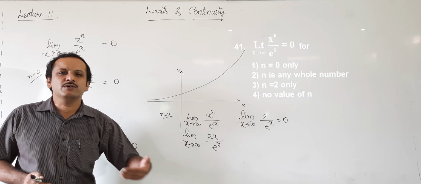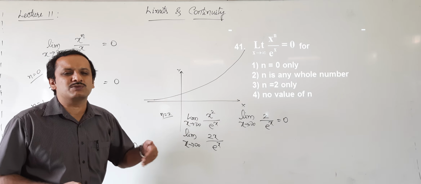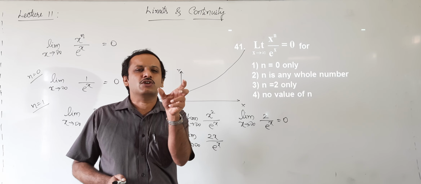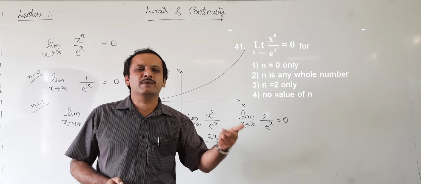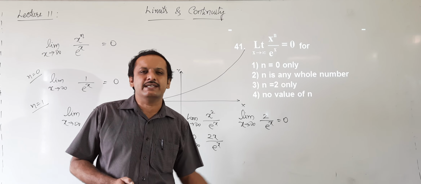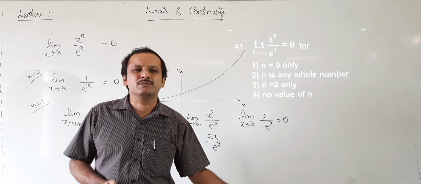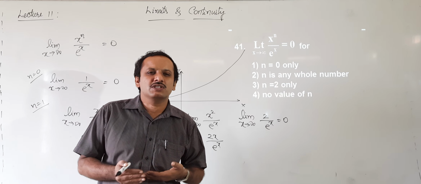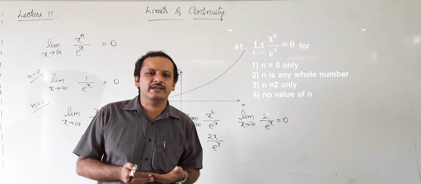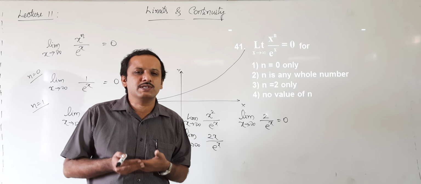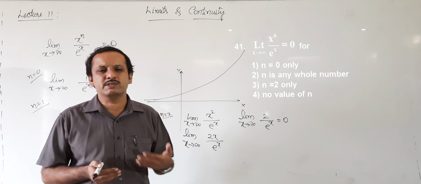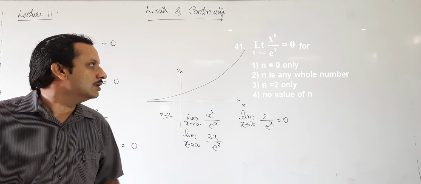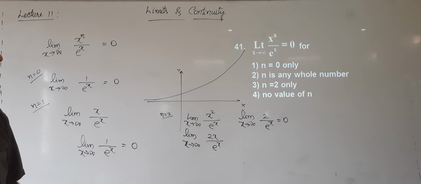And further again, if I differentiate it, I am going to get n into n minus 1 into x to the power n minus 2. You just concentrate on the power of x. Initially it is x power n, then x power n minus 1, x power n minus 2, x power n minus 3, etc. When you differentiate it n times, that numerator becomes a constant and denominator tends to infinity. Therefore, the answer will be equal to 0. So limit will be equal to 0 for any whole number. When n is any whole number, the result is true. Second option is the correct answer.